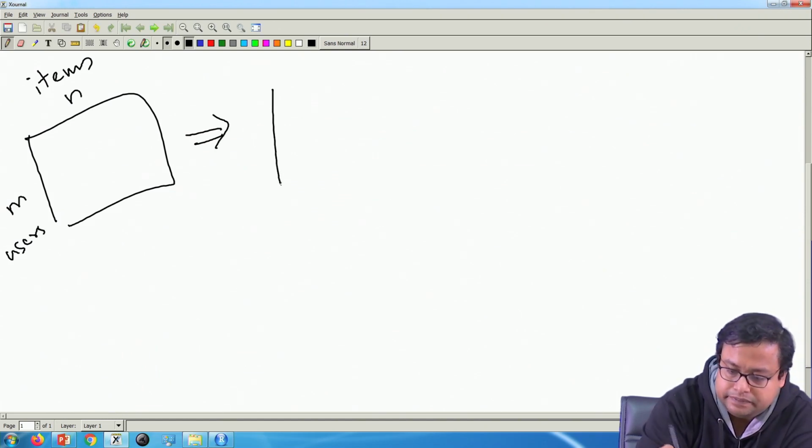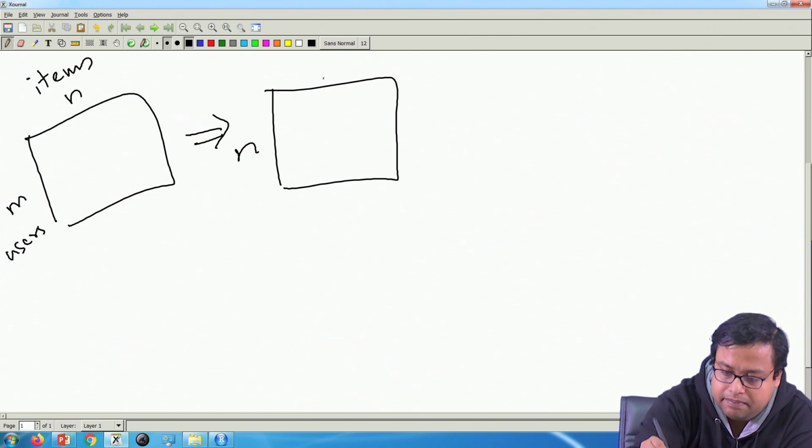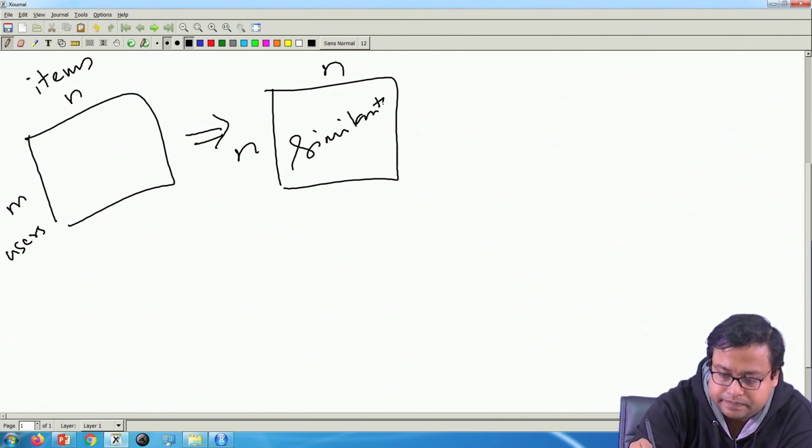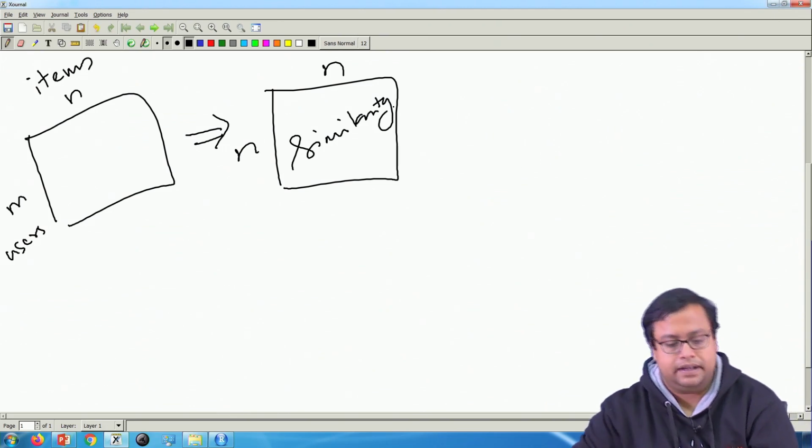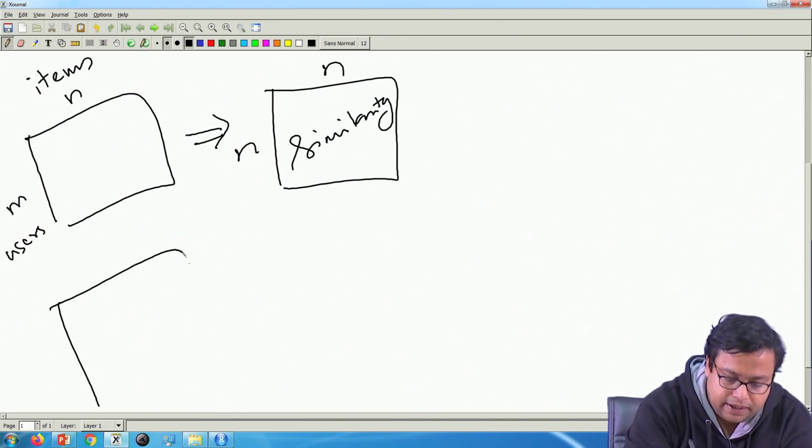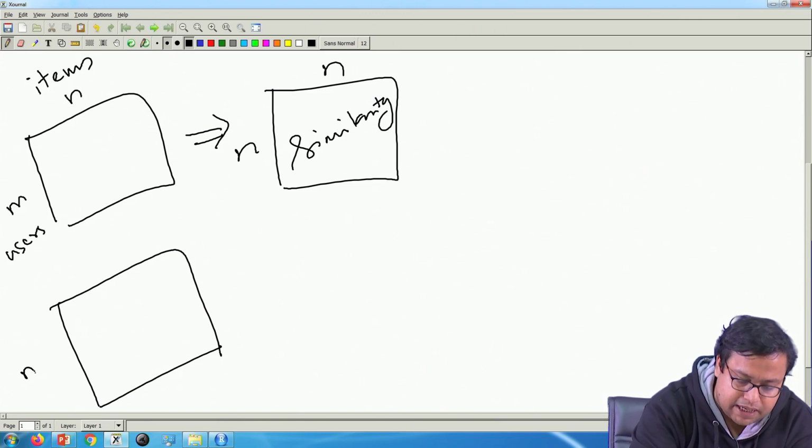From here, I have created an n by n similarity matrix. Now, I have created a recommendation matrix which is currently blank, which has m users and n items.